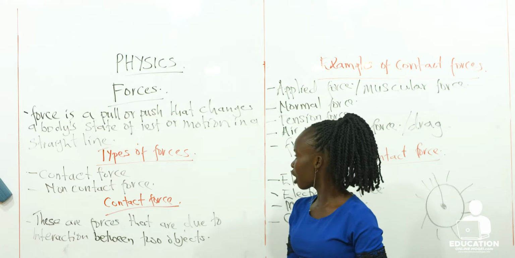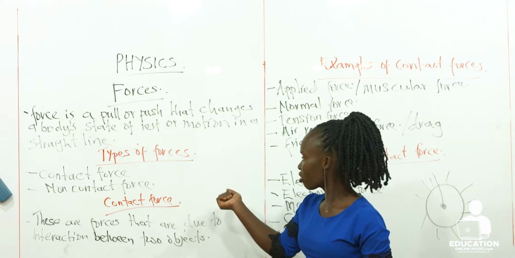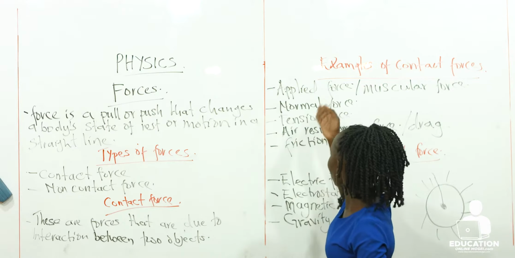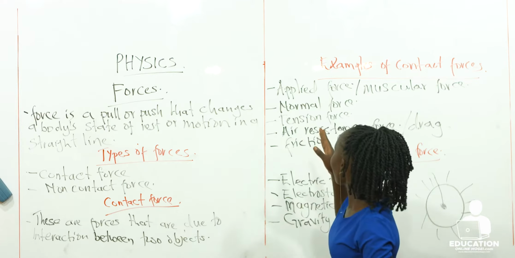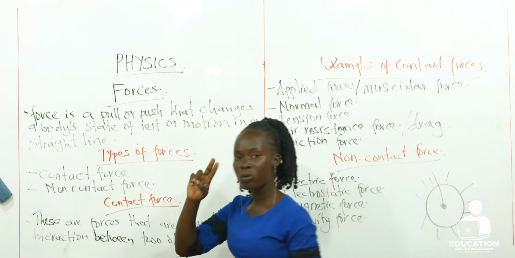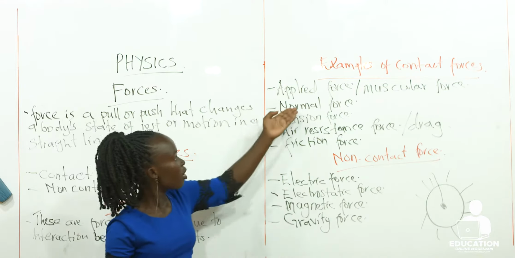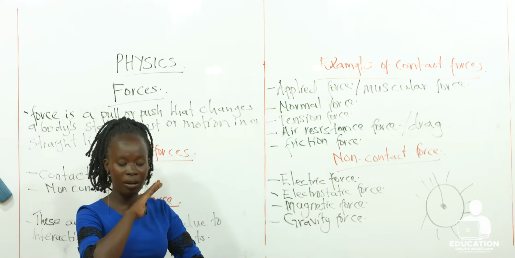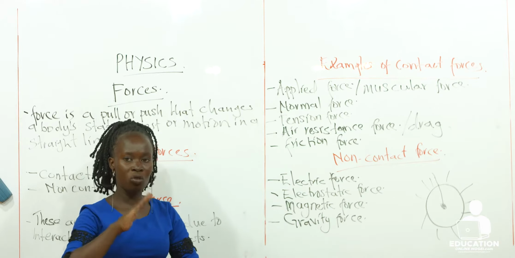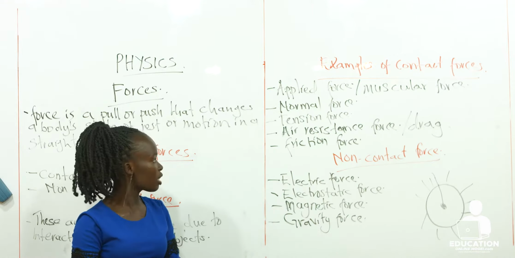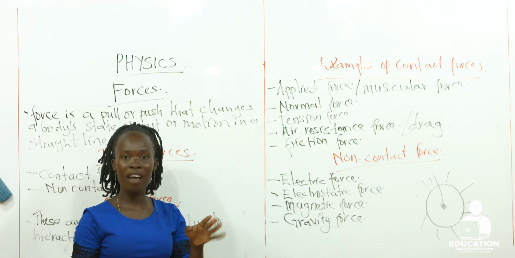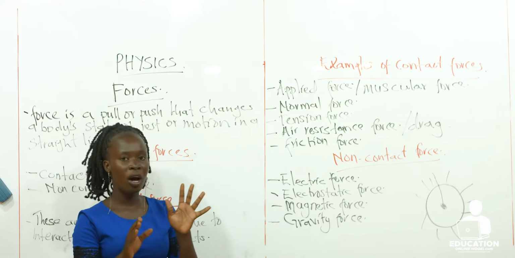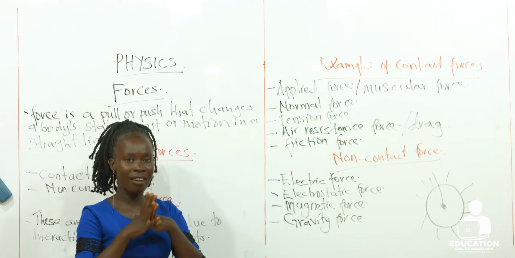So we have seen the types of forces. We say the contact force and the non-contact forces. Under these contact forces we have a variety, because obviously when you look at these examples of contact forces, we'll see that there is a direct contact between the two objects that are experiencing the force. You can see the normal force, where the table has to be there, and then the cup is on the table. That means there is a direct contact. When you look at air resistance, the particles of air have to come into contact with the surface of the object. That means that those with contact forces have to come into direct interaction,